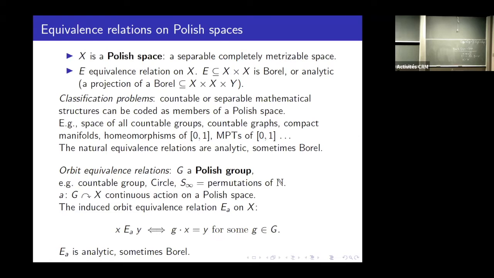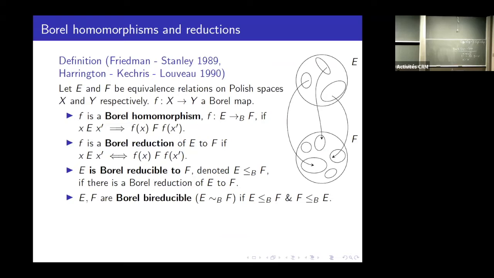Okay, so this is just the setup. How do we study equivalence relations on Polish spaces? So here's the definition. The most important definition is that of a Borel reduction. First of all, we have two equivalence relations, E and F, on different Polish spaces, X and Y. A map from the domain of E to the domain of F is a homomorphism